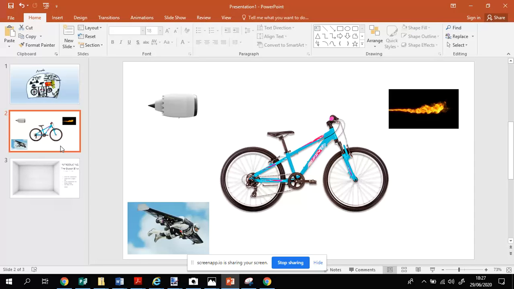I've got a bike, just a plain ordinary bike. Over here I have a jet engine. I've got just a jet of fire with some black background, and then this guy wearing sort of jet wingsuit, which I thought was pretty cool. I'm going to try and combine these pictures to create a bit of an idea of what Amelie's bike might